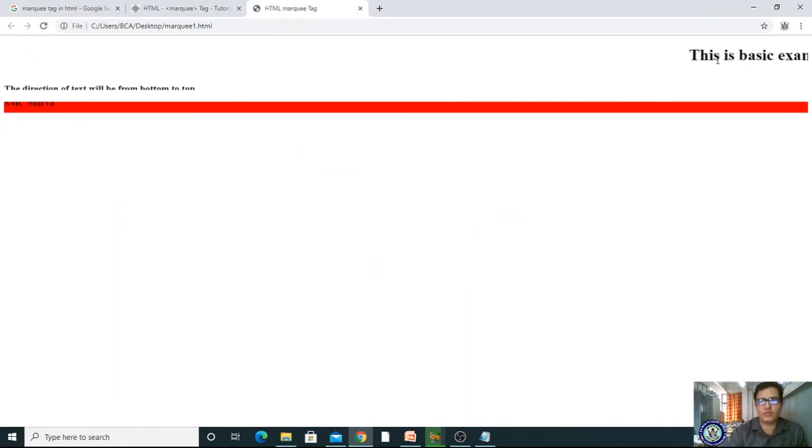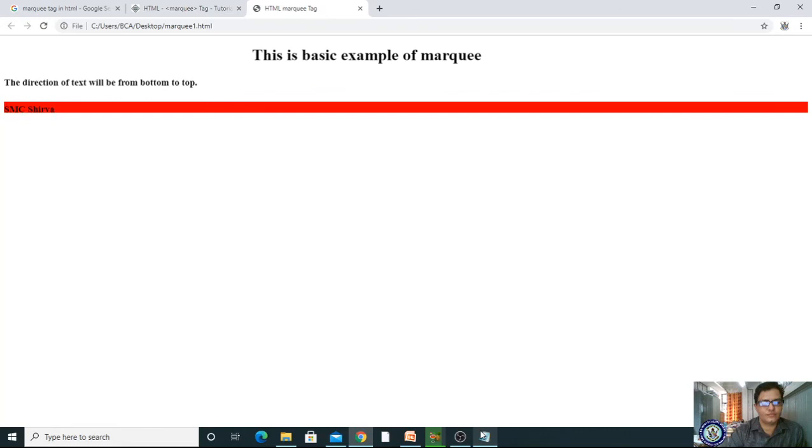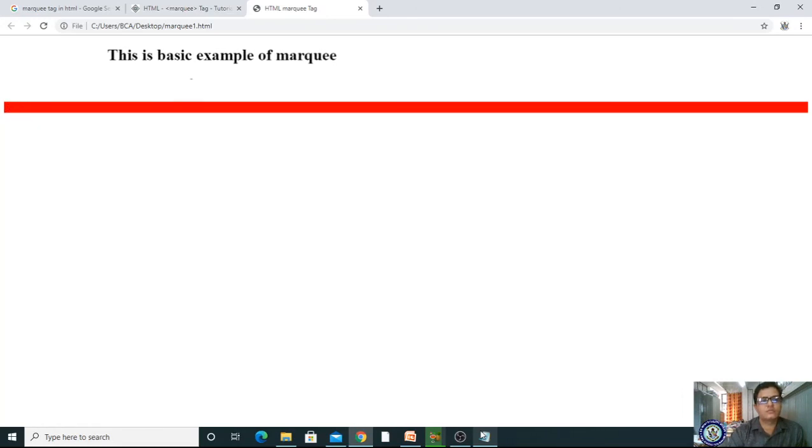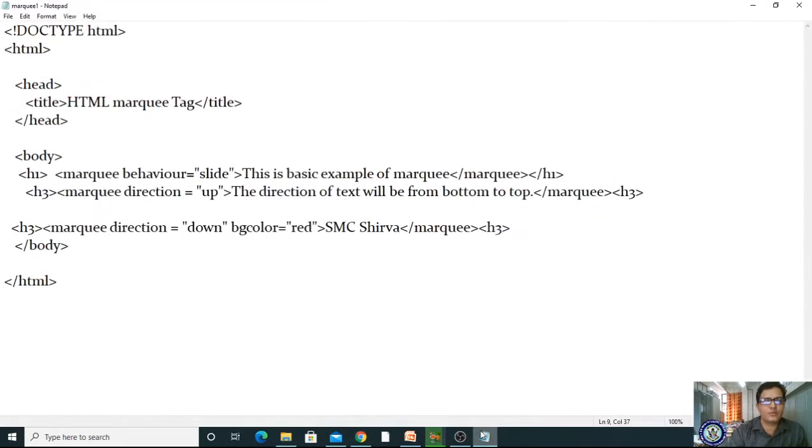For this tag I'm using the behavior attribute and giving the value as slide. It will slide. Let's check. Slide is a default property.